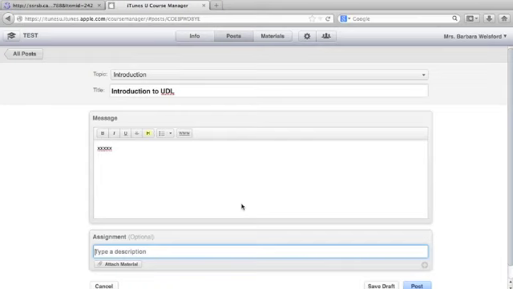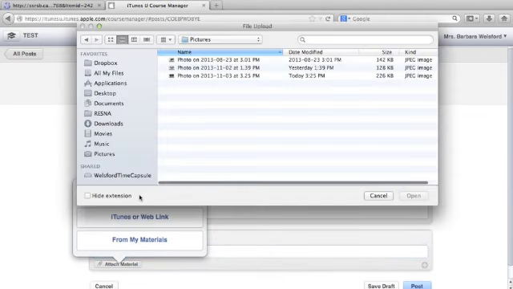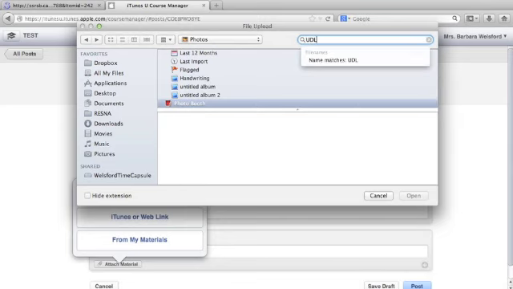Now from my posting section, I'm going to add some materials, and these are my assets. So at this point from my posting section, I can add anything. So let's say a keynote presentation that I know I have on my computer on UDL. So then I'm going to add material, and I'm going to go from my computer, and I'm going to find my UDL keynote presentation,